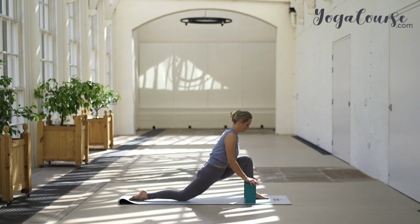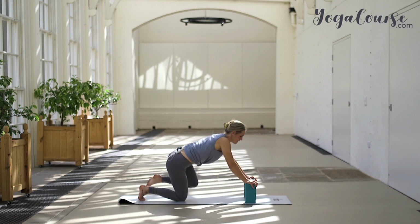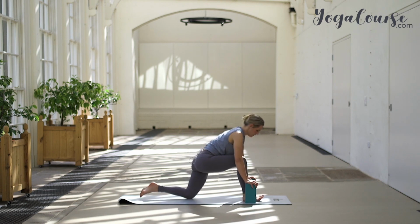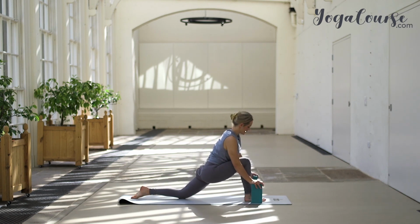Well done. Tuck the back toes underneath. We'll take our left knee back to join the right. Give things a bit of a wiggle from side to side. We'll keep the blocks as they are. We'll need them because we're gonna just quickly transition onto the other side and then show up completely brand new